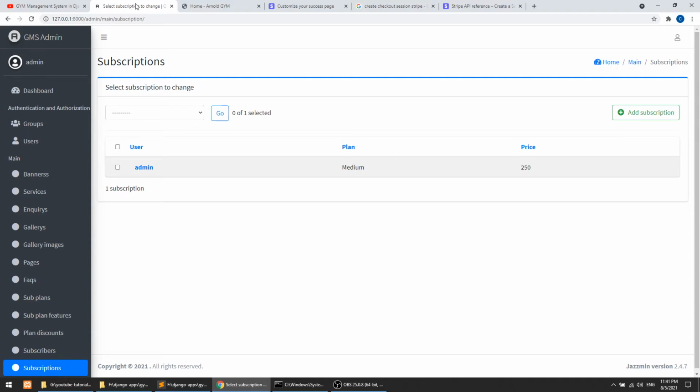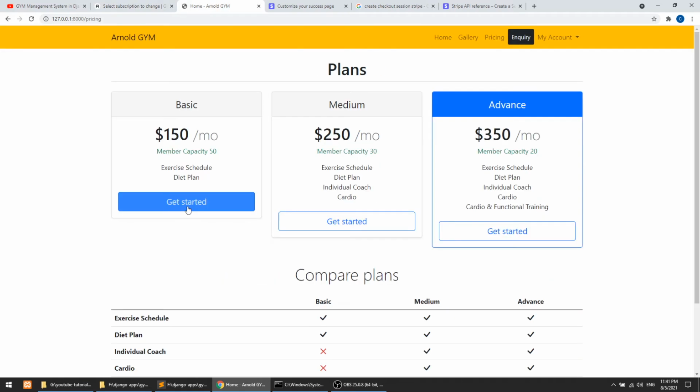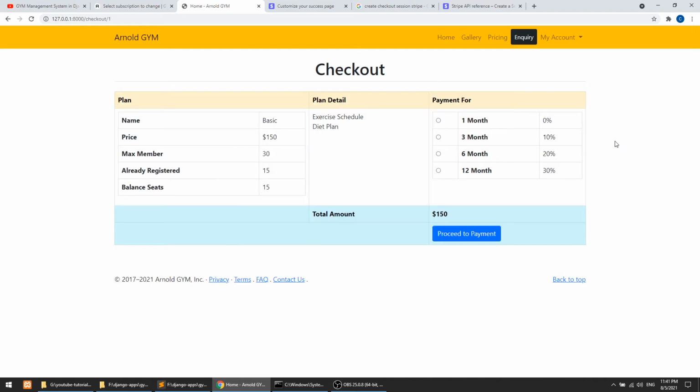We are saving that. In the upcoming video, we need to do two things more. In the price section, when we go to the checkout, let's go to the basic detail, because we don't have any discount in the medium.